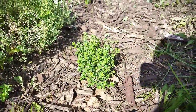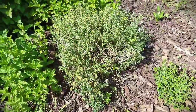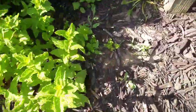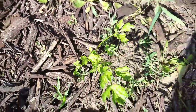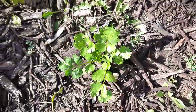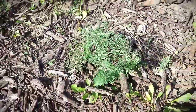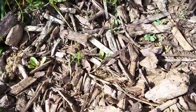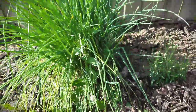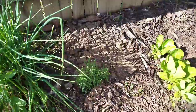I got another thyme plant, and then there's my bigger thyme plant. I went ahead and cut some of the blooms off of it. And over here I have, well, there's my mint. I have some parsley right there, and right there. And I have cilantro finally. Yay! And my dill is bigger too. My dill has grown a lot. And I have my chives over here, the little baby chives coming up right there. And then my bigger chive plant, which weeds are trying to take over. I need to weed. And I have rosemary there,